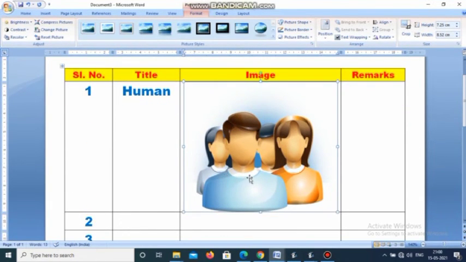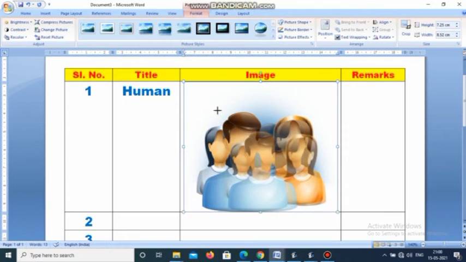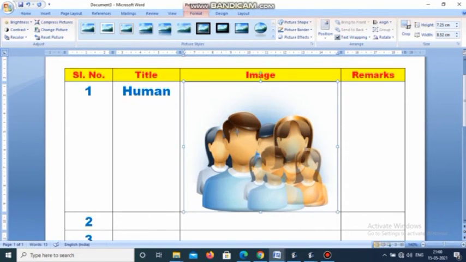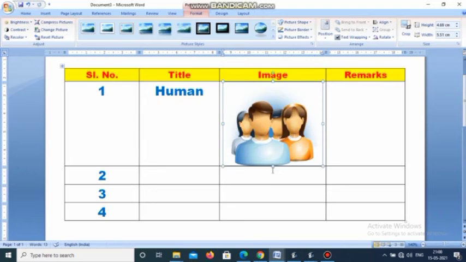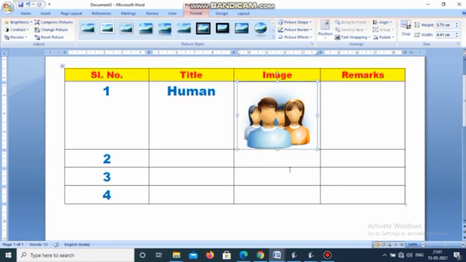Just press the shift button and press your mouse button and drag any corner to corner. Look at here. I click with the mouse and drag from the top left corner to the bottom right corner. Look at here. Top left corner to bottom right corner. Our photo size should decrease. If you want to decrease more, same way. Now lower, I mean from the bottom right corner to the top left corner. Look at here. See.